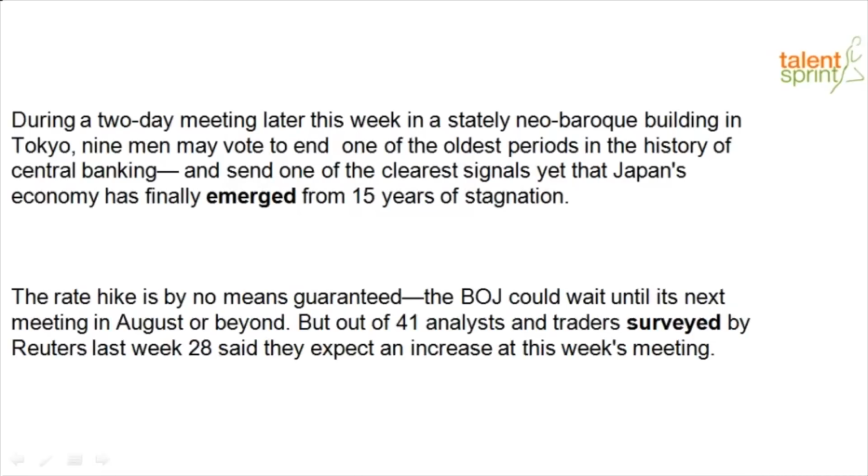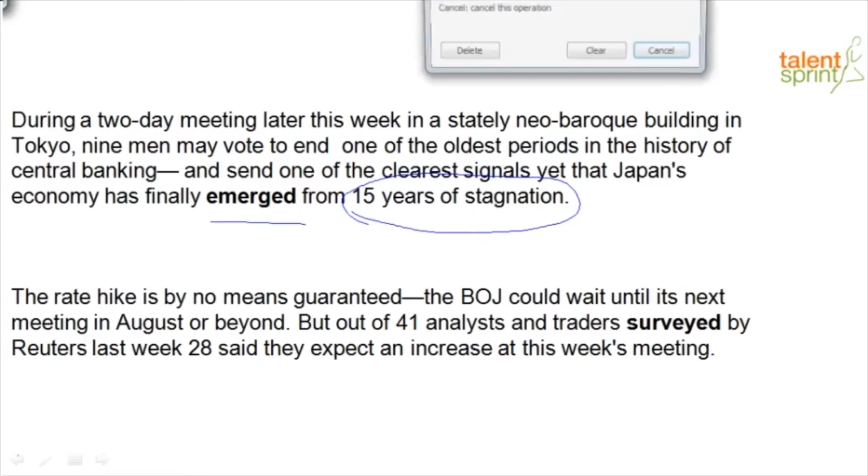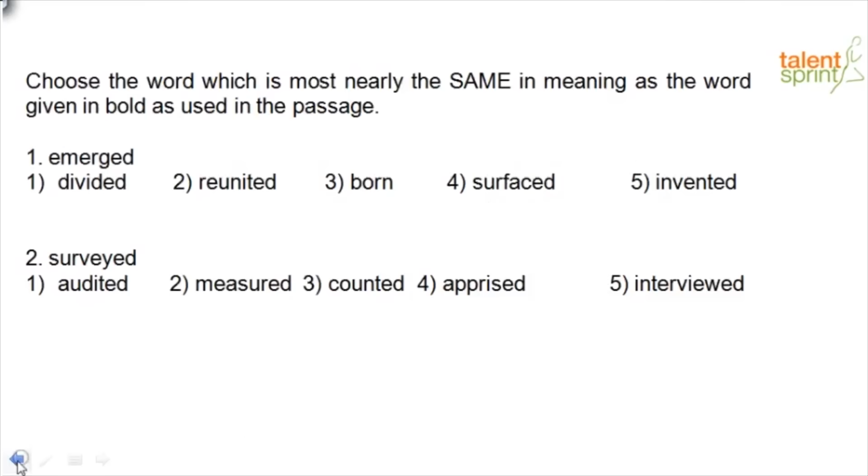Reading. During a 2-day meeting later this week in a stately neo-Baroque building in Tokyo, 9 men may vote to end one of the oldest periods in the history of central banking and send one of the clearest signals yet that Japan's economy has finally emerged from 15 years of stagnation. Right? So this word in the context gives me what? They're talking about, understand the context, right? It's talking about Japan was in 15 years of stagnation, so it has finally come out of that 15 years of stagnation. So now go back, look at the options and tell me what is the closest word in meaning